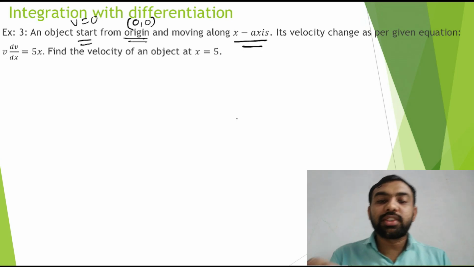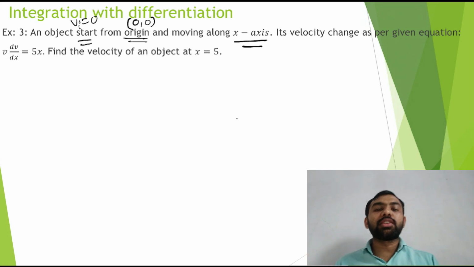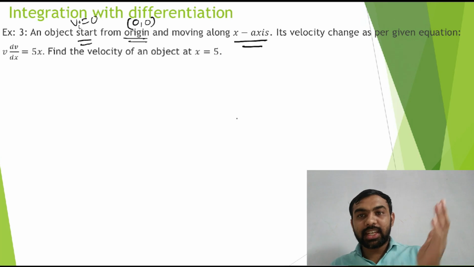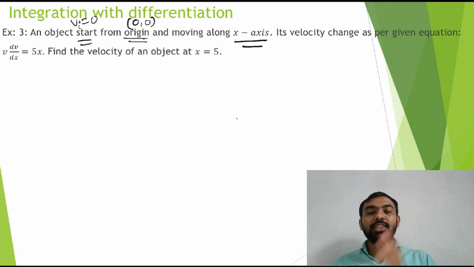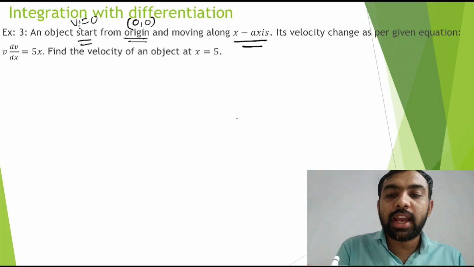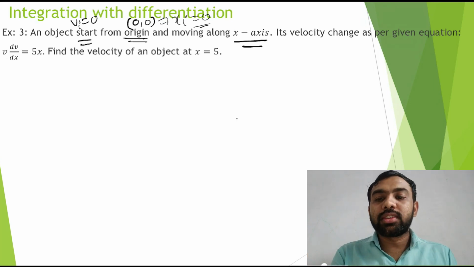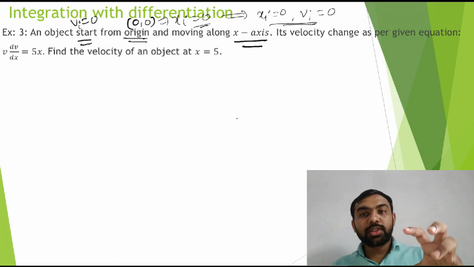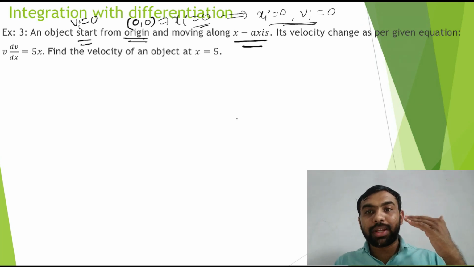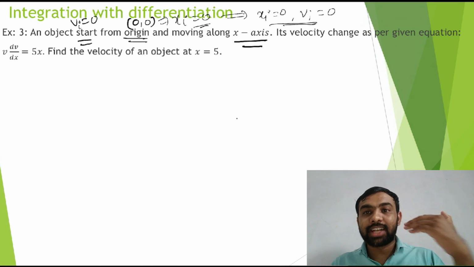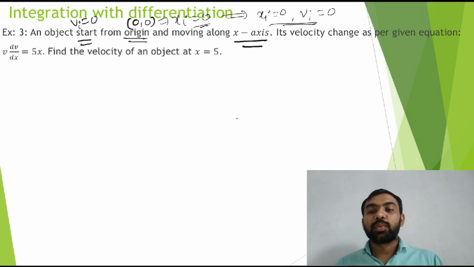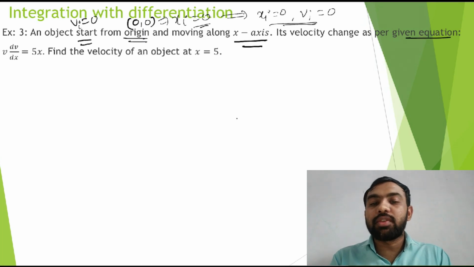ओके, मतलब इनिशियल वेलोसिटी 0 है, तो यहाँ पे लिख दो v इनिशियल 0, क्योंकि स्टार्ट कर रहा है तो इनिशियली क्या है? वेलोसिटी 0. कहाँ से स्टार्ट है? 0 से, मतलब इनिशियल पोजीशन भी क्या है? x इनिशियल भी क्या है? 0. तो this is the given data, x इनिशियल 0, v इनिशियल 0. क्यों x इनिशियल 0? क्योंकि वो 0 से स्टार्ट कर रहा है. क्यों v इनिशियल 0? क्योंकि वो स्टार्ट कर रहा है मोशन, पहले मोशन में नहीं था. It's velocity is changing as per the given equation.